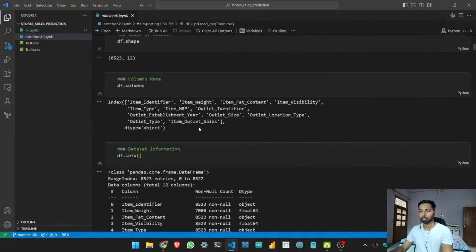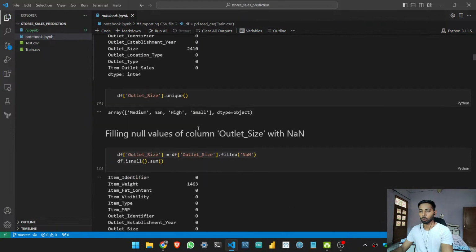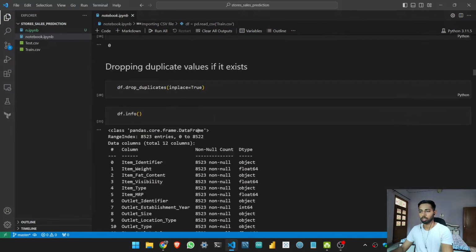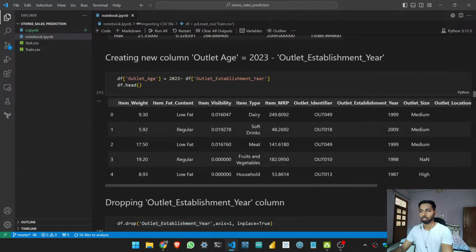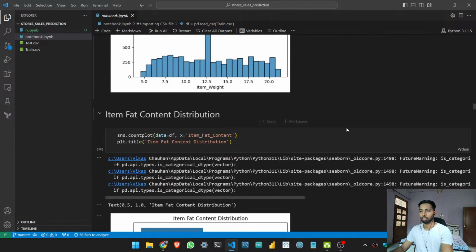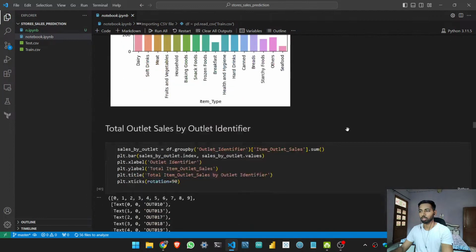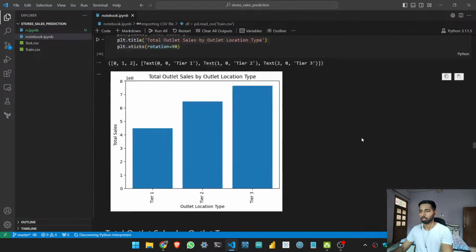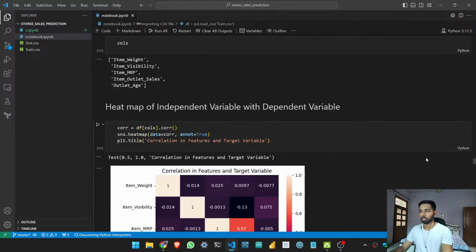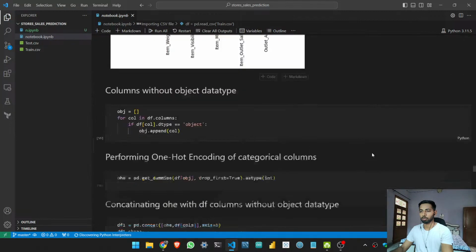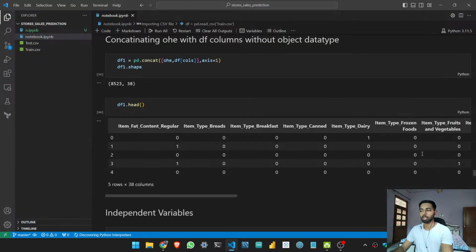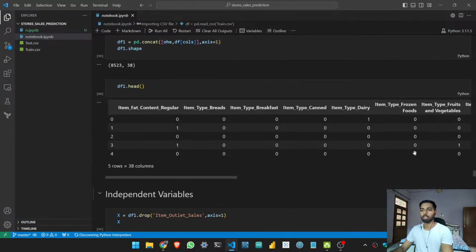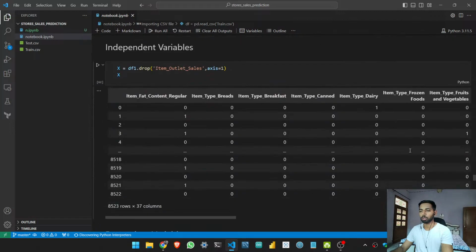We imported these files and then did the EDA part and then some visualization. Then we converted our categorical features into numerical features, or you can say encoded them into one hot encoding,